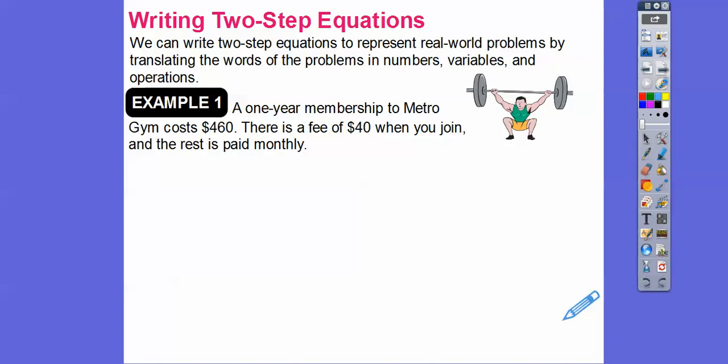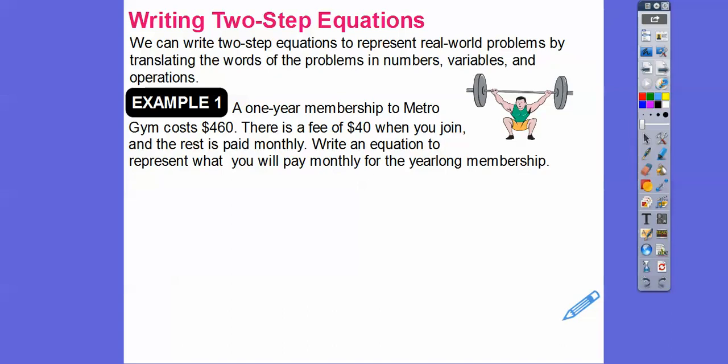Each month, and it says it's a 1-year membership. So remember, there's 12 months in a year, so we're going to do that. So it says write an equation to represent what you will pay monthly for this year-long membership, and